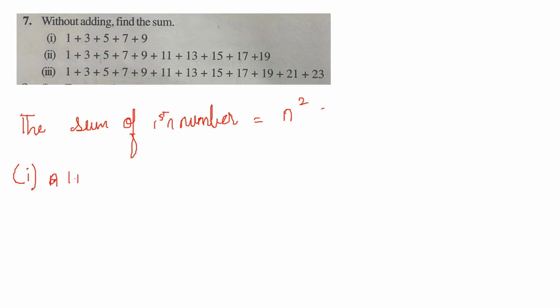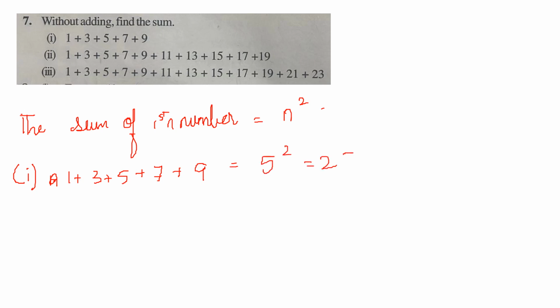The sum of first n odd numbers equals n square, right? So see here, for the first problem, how many odd numbers are given? 1, 2, 3, 4, 5. 5 odd numbers are there. So the sum of 1 plus 3 plus 5 plus 7 plus 9 will be equal to 5 square,